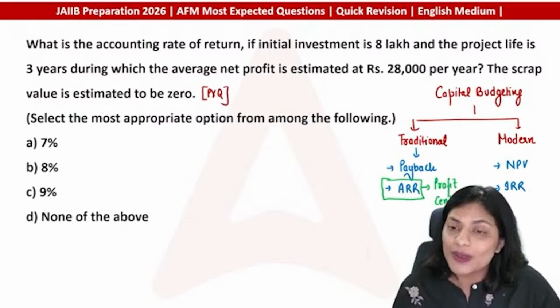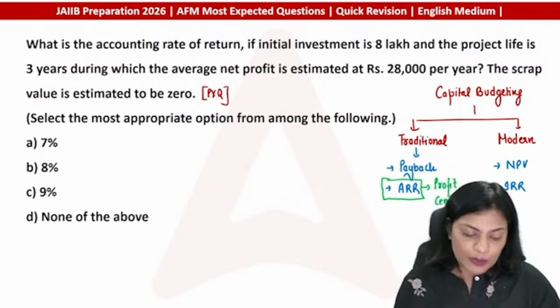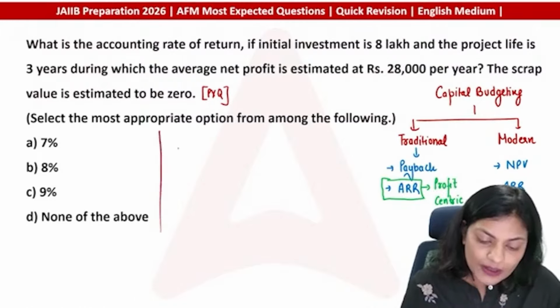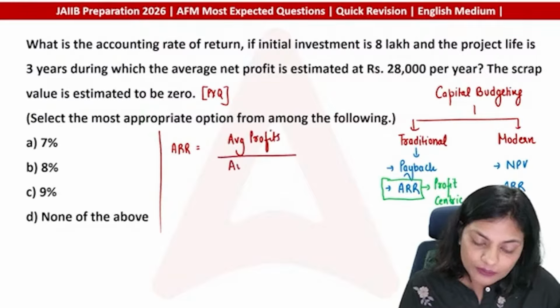Now, coming on to ARR, let's see how this technique is used for the purpose of decision making. Now, the formula of ARR is average profits divided by average investments